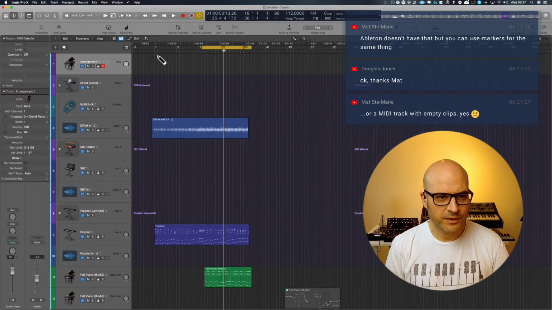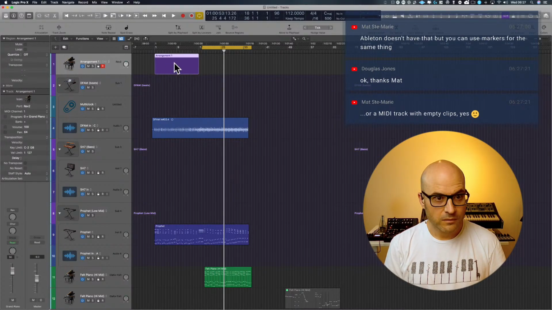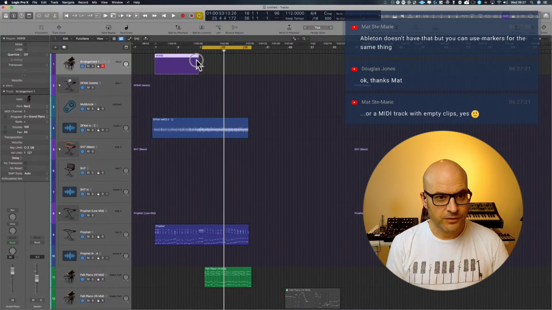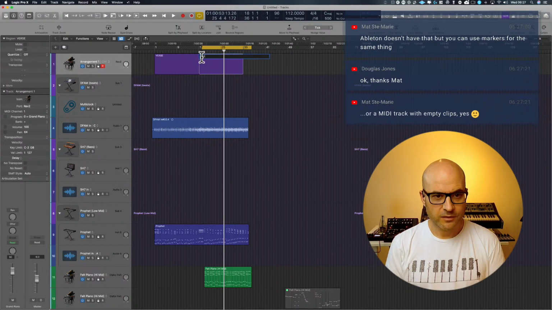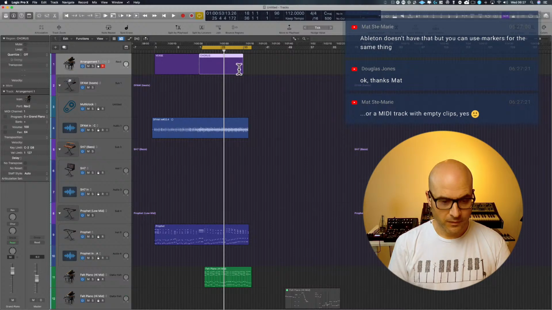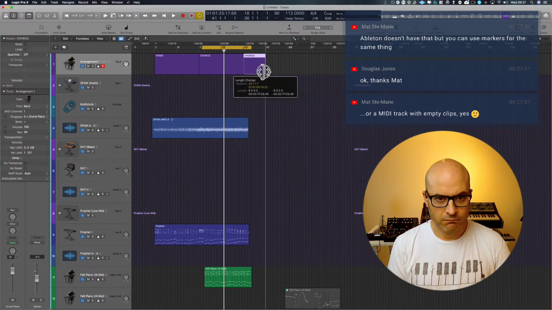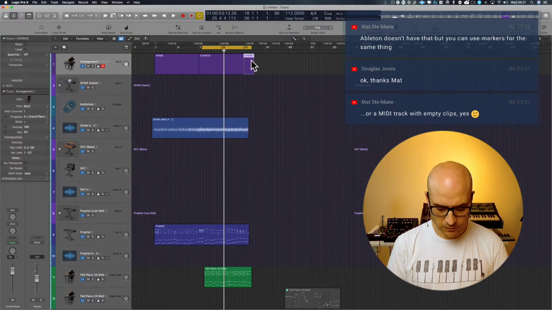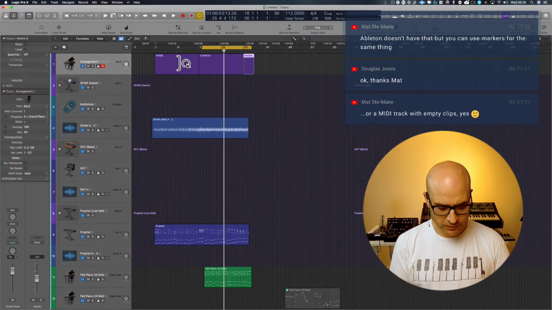So you can put a part in here, like this, and you could just say verse, and then you could put one here like this, and rename that chorus, and then you could say middle 8, and then you could copy that over.